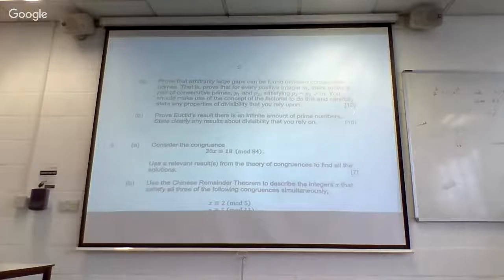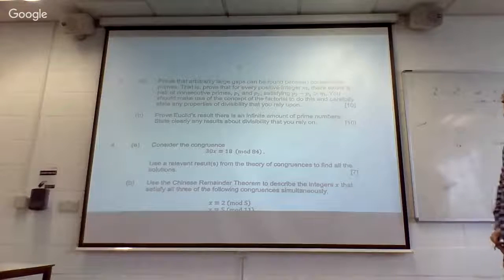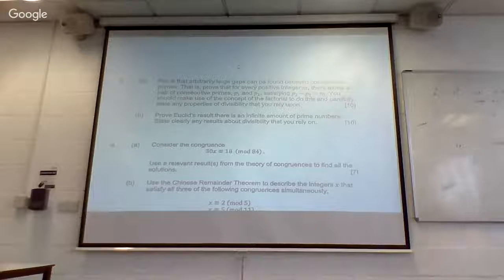Okay, so these two. The second part is proving that there's an infinite number of primes, a standard proof. And the first one is proving that there are arbitrarily large gaps between consecutive primes. That's what we have to prove. So we're talking about the sequence of integers 1, 2, 3, 4, 5, 6, that there are arbitrarily large gaps. So if someone asks you, show me a gap of 1 million,